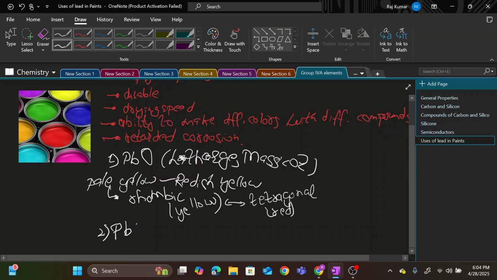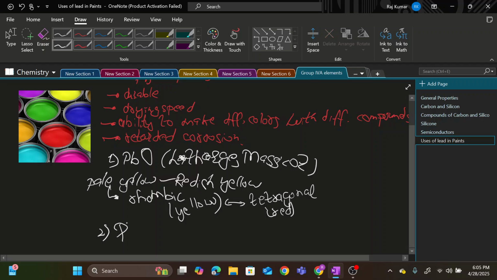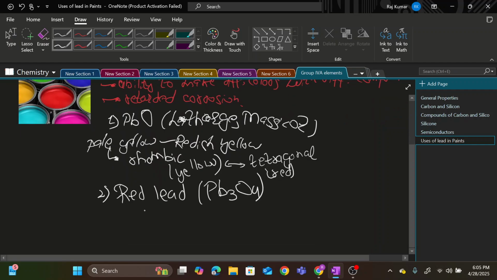And the second example is lead dioxide. But before discussing lead dioxide, we need to understand what red lead is. Red lead, also known as minium or tri-lead tetraoxide. Now, how is it created? Whenever we burn lead in the presence of oxygen at 340 centigrade, it produces